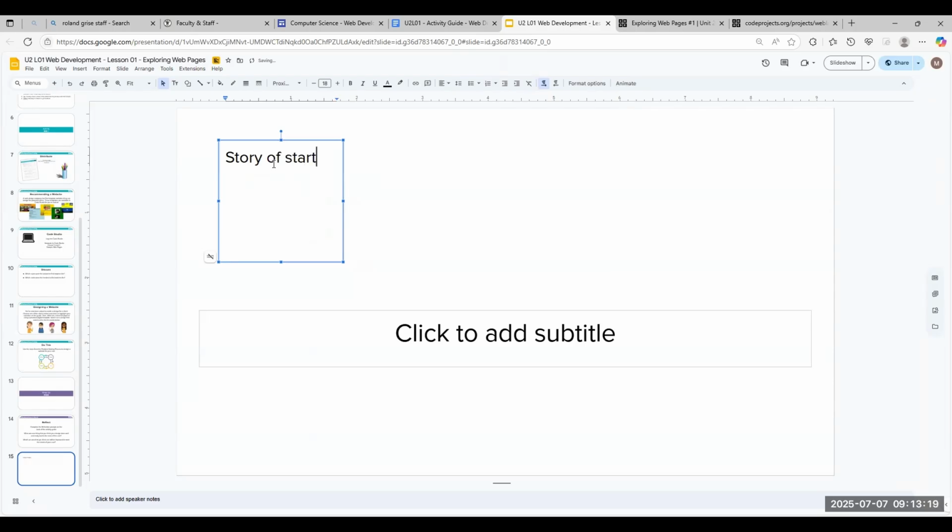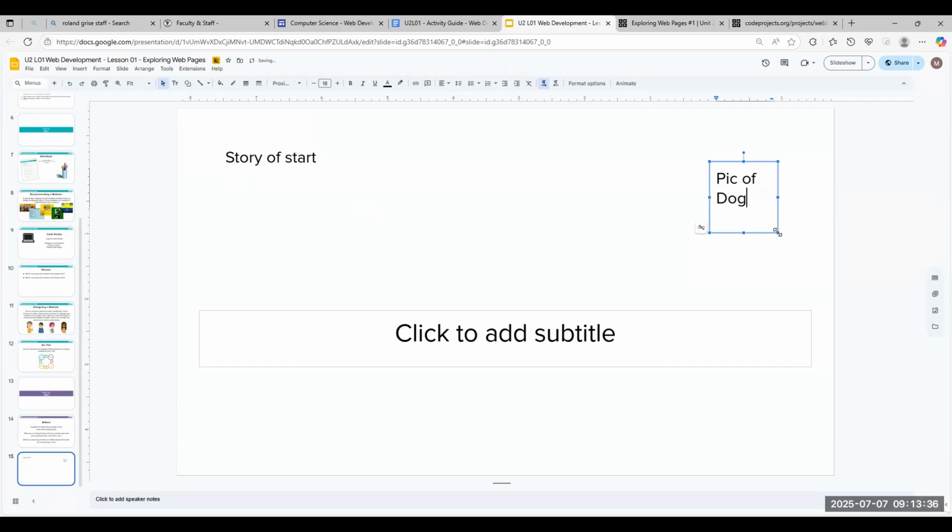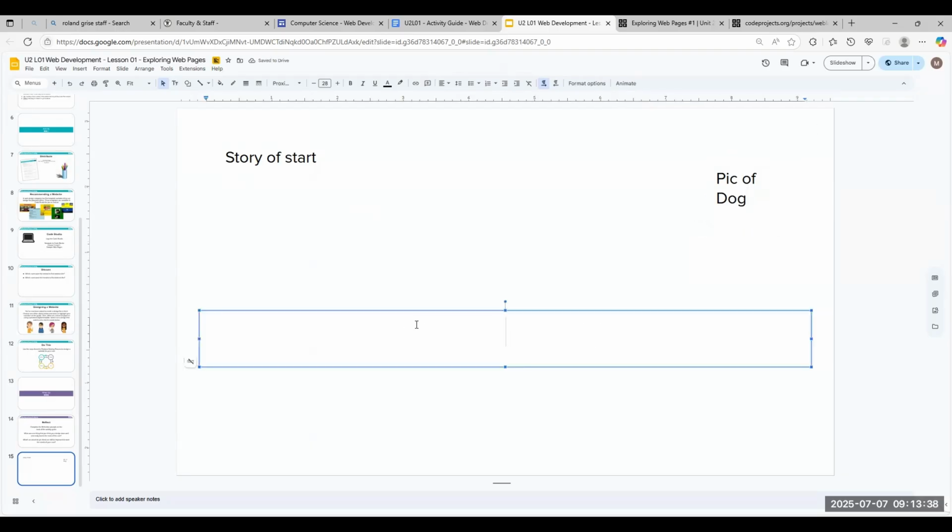It's the story of how they started it. Instead of adding pictures, you have the option to pick a dog. Maybe you're going to put a picture of a dog there. Where are you going to put your address,